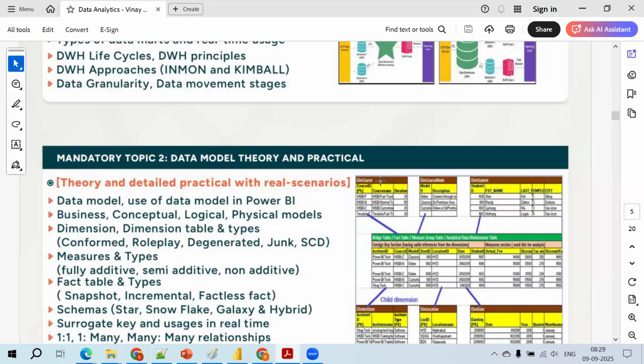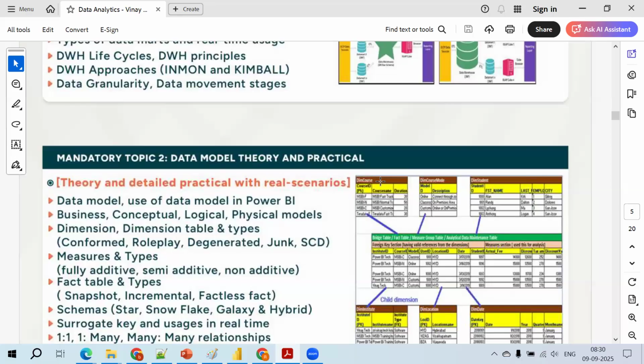So in that case, I need to consider the product table and country table. Now, once I select the tables, do we have a relationship between the country and the product table? If not, then you need to establish the relationship between the tables. Otherwise, you are not going to get the right metrics and right data.